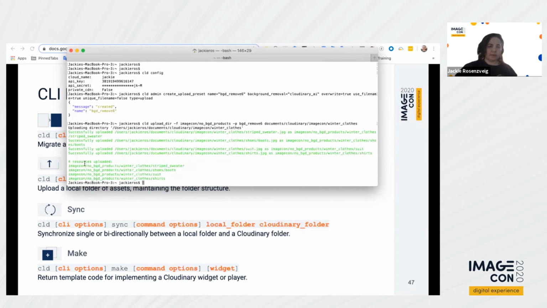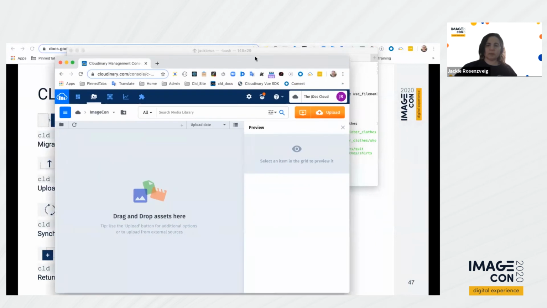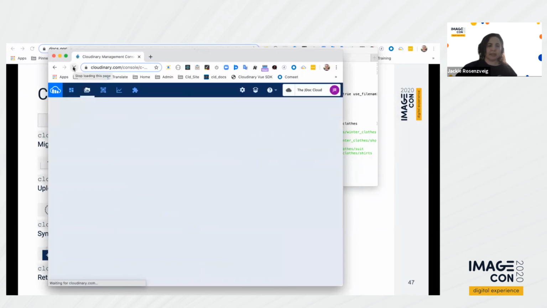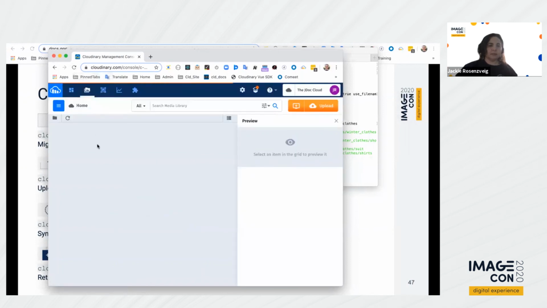So there you have it. We have 4 resources that were uploaded, 3 of them from that main folder, the additional one from the additional one was uploaded from that subfolder. When I refresh my ImageCon folder now, I'm going to see that it created the folder I asked it to create, which is called,